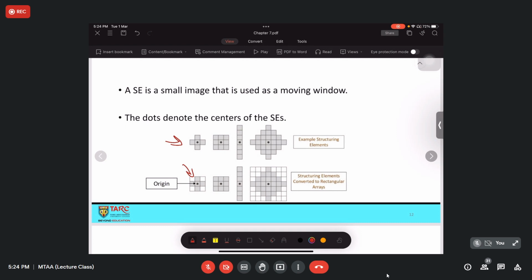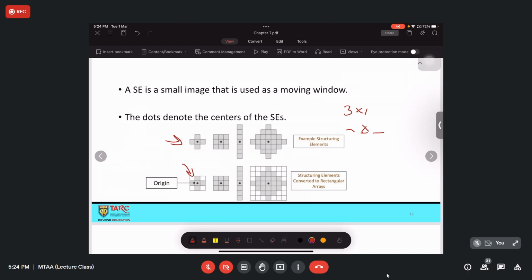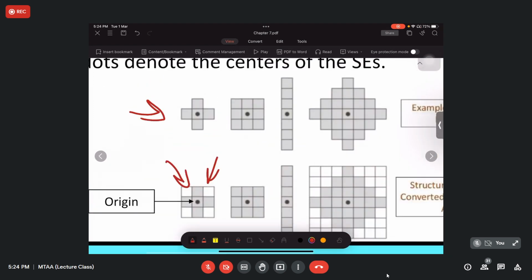Because it cannot appear like that, which did not omit any 3 times 1, 1 times something else. So if you want something like this, for sure you need another pixel to compensate this corner.